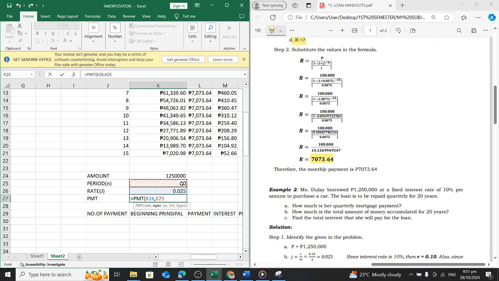That is K25. Press comma. After pressing comma, press minus and then our borrowed money, 1,250,000 pesos. Click K24. Again, comma, and then zero. Close parenthesis. Press enter. So we have